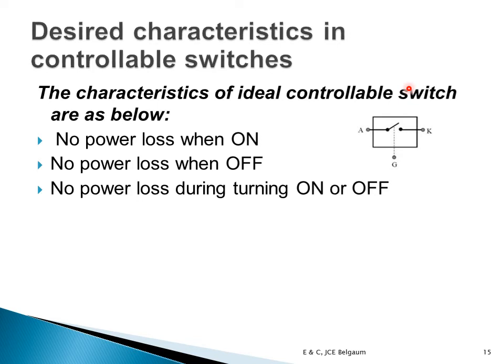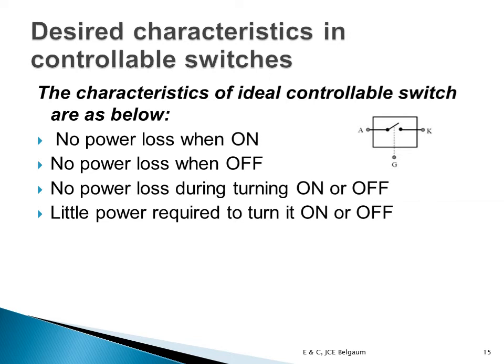Which are the stable states? Either the off state or the on state. When it is stable, the power consumed is less. So when is the power consumed? It is during the turning on or off of the device that power is consumed. Here we are saying that ideally I don't want that power loss. So ideally, no power loss when it is on, no power loss when it is off, and also when it is switching, from off to on or on to off, there should be no power loss. This is very idealistic.